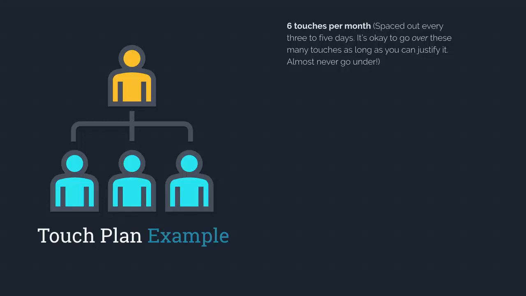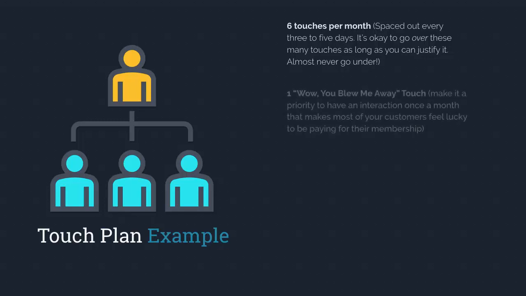Now, 6 and 6 has a smaller touch point. We only touch them 3 times a month, or 4 times a month, before each live training and after each live training. So, this depends on the continuity program. So you set up a schedule, and this is when you take your deliverables and you start to play with them and plot them into a schedule that would go out. So if I have 6 deliverables with 6 touches, I'm either going to do 1 deliverable per touch, or I'm going to send different versions of that deliverable and do multiple deliverables per touch, right?